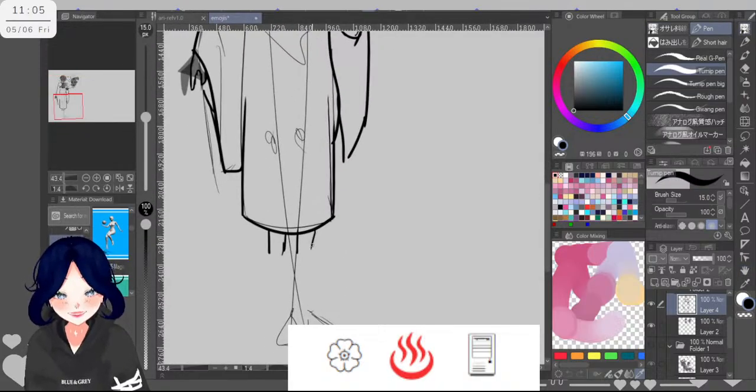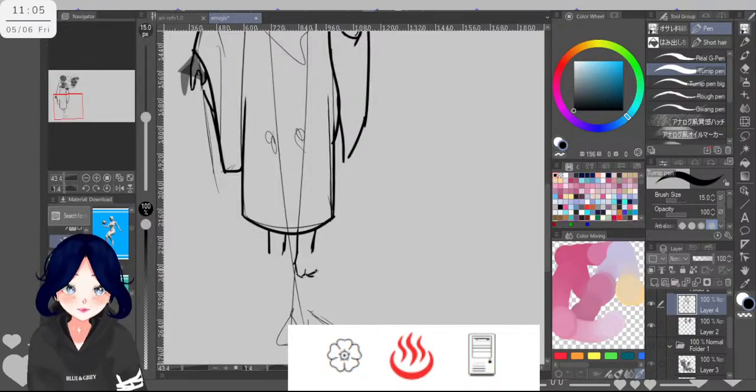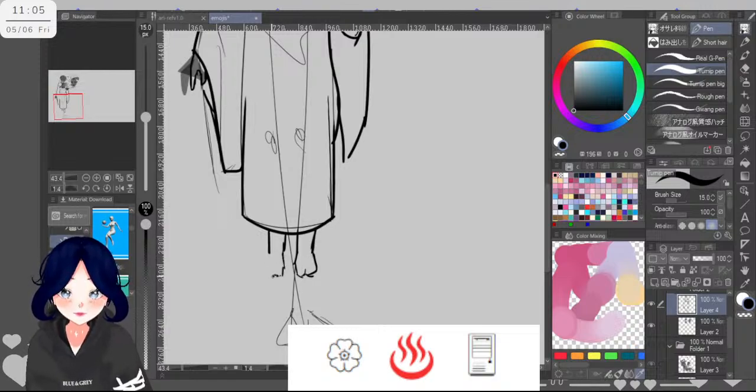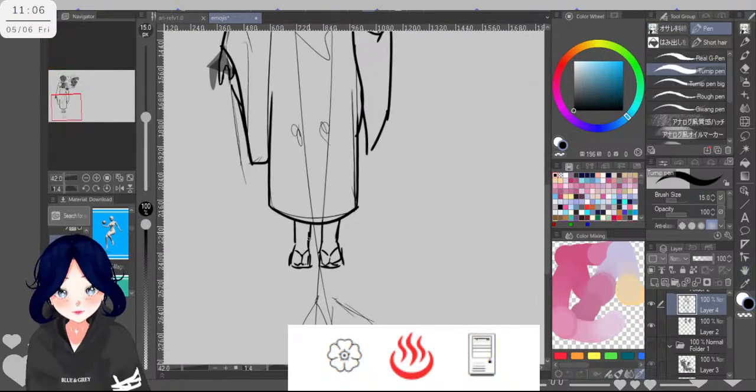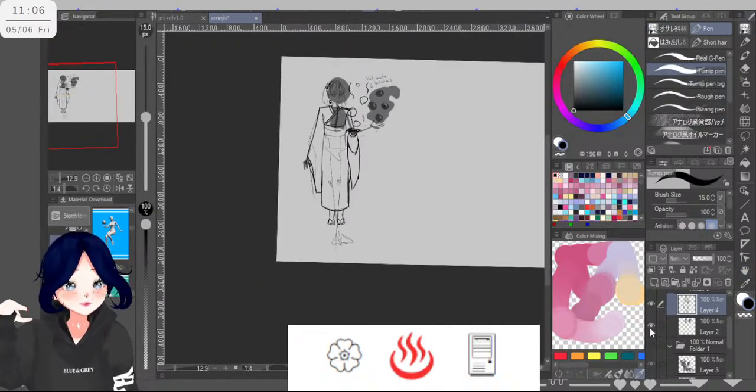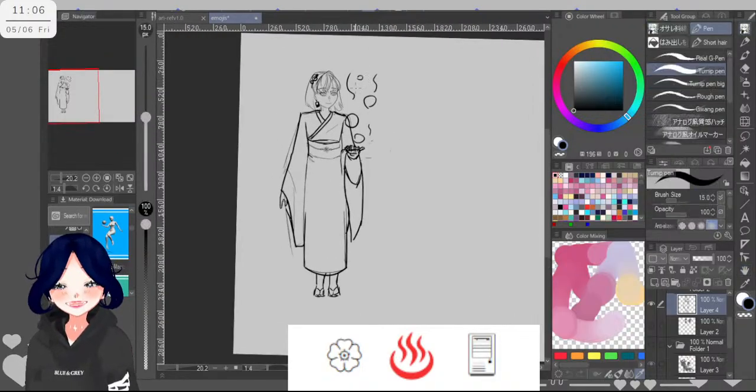Honestly, the legs look a little silly right now, like here. Like this. Kind of like that.